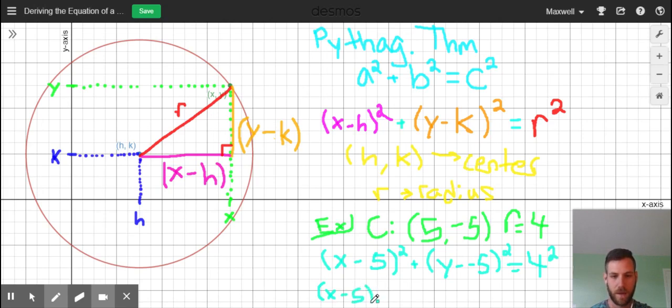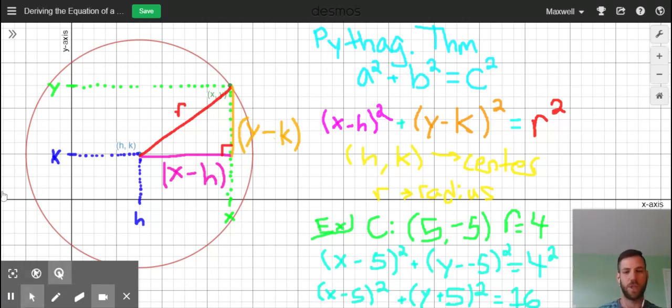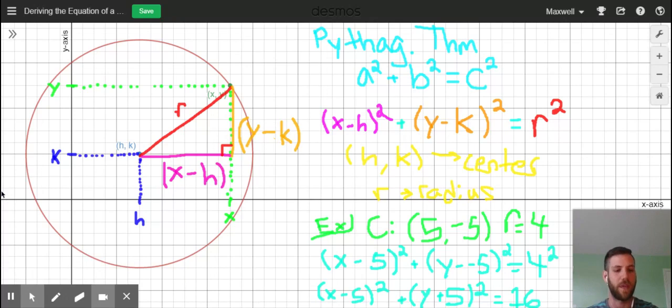So our final answer for the equation of this circle would end up being (x minus 5) squared plus (y plus 5) squared would equal 16. And that is really all there is to the circle equation. And we can use it to graph circles. We can use it to determine what the equation of a circle would be if we looked at it. And as you can imagine, we'll be using this in lots of different areas in science and math,